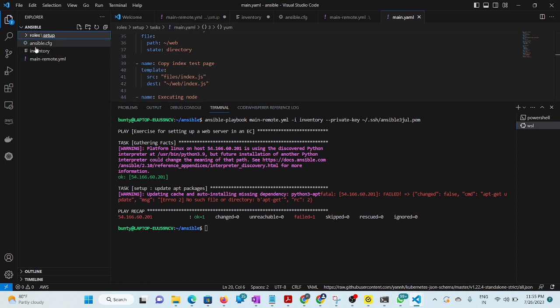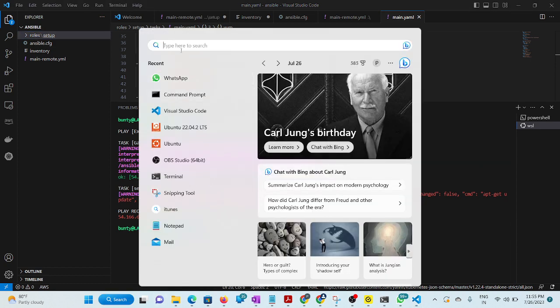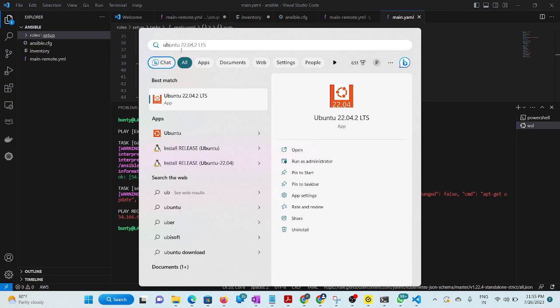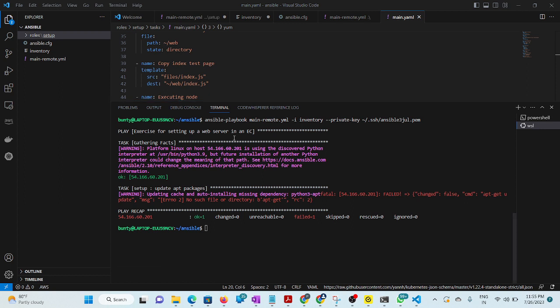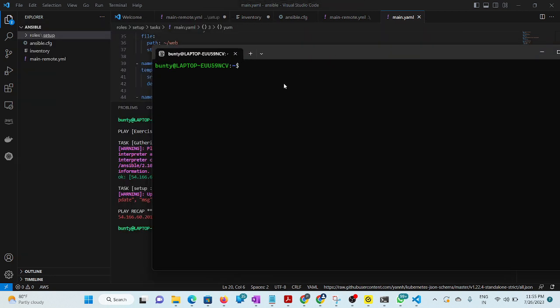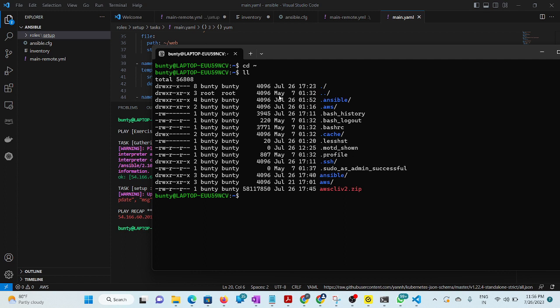So this is my Ubuntu system. I have told you last time, all we need to do is take Ubuntu here, and then set up a Ubuntu system and then an Ansible folder. Last time I told you, so I will show you just what I have done here. We need to create an Ansible folder, and we need to create a .ssh folder. In the .ssh folder, if we want to see,